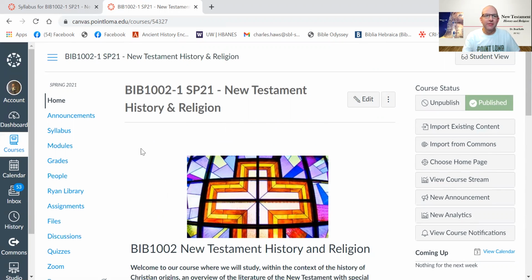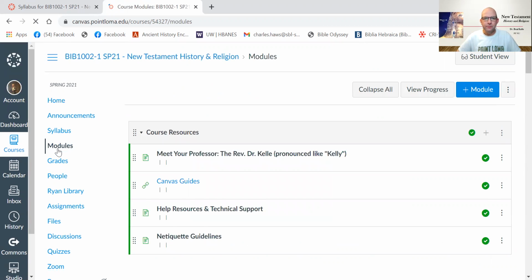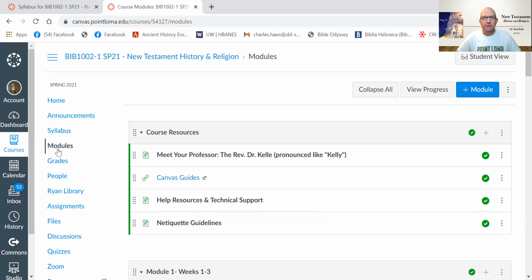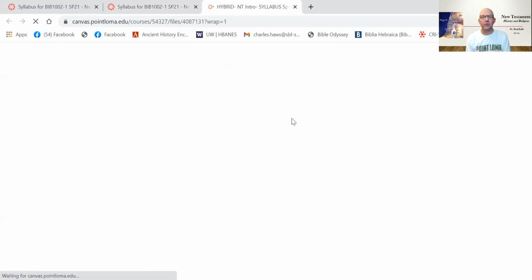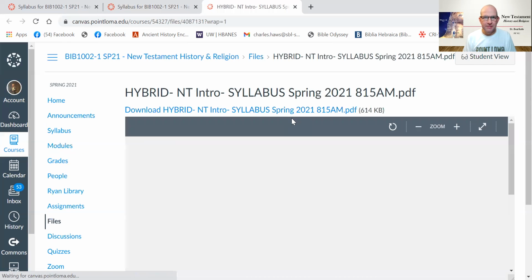Okay, with that said, the most important thing besides the syllabus is the modules. So I'm going to click the modules tab and take you over to the modules, and we're going to talk about what you need to do for this course. Actually, you know what? Let me back up to the syllabus for a second. The reason I think it's easier just to see at the syllabus kind of all at once. So here are the assignments for this class.